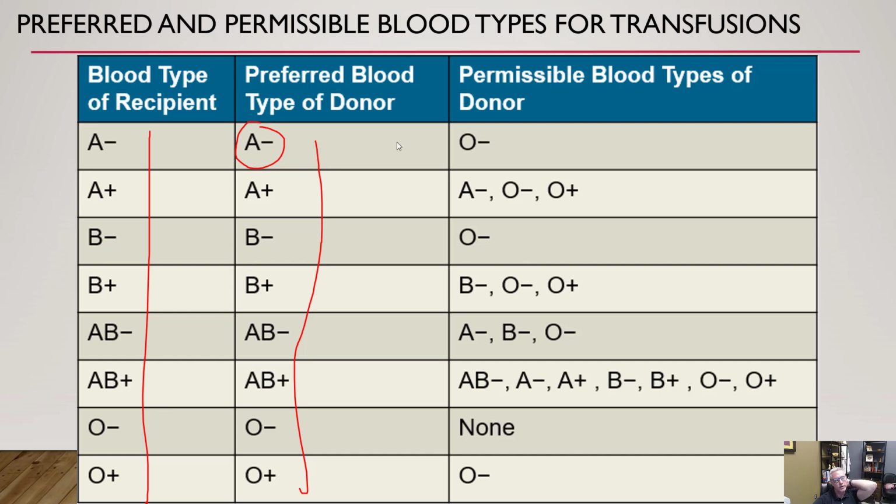However, if that's not possible, the only other blood type for A negative is going to be O negative. Now, if we have A positive blood, then our possible choices are A negative, O negative, and O positive. I know we haven't talked about what the positive and the negatives mean, but